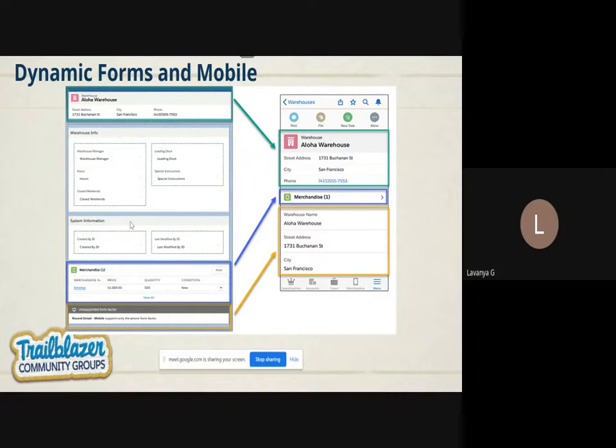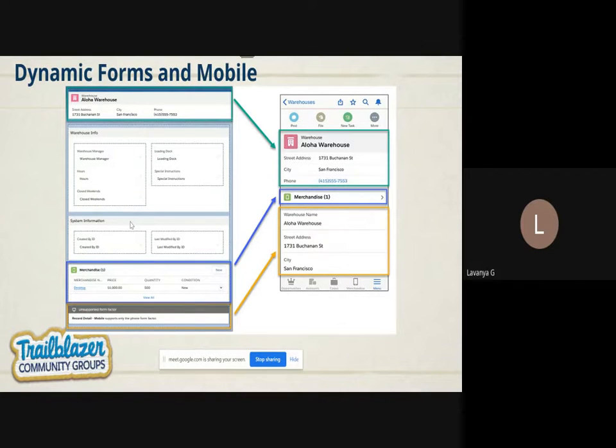The right side screenshot is showing the mobile version, so it is available for the highlight panel. This is the desktop version, and this is the mobile version. You can see the related list in the blue box; that is also available on mobile. The last one, the yellow box, right? That is the unsupported form factor.